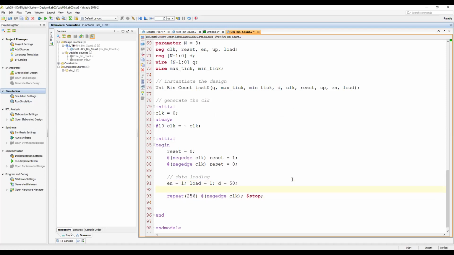If this is the case, then we need some negative clock, and then up is equal to 1, nebula is equal to 1.